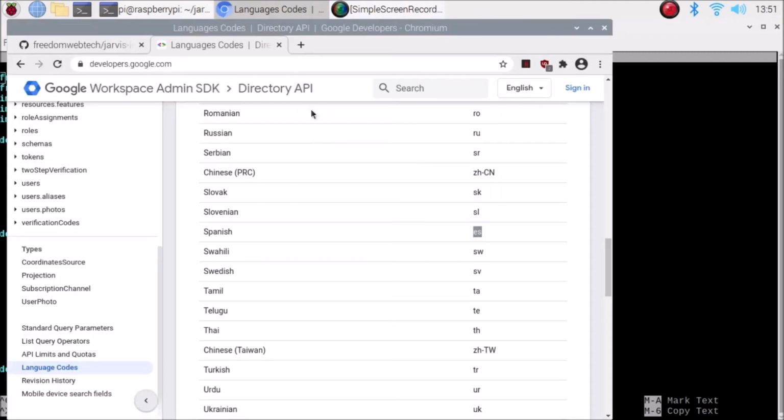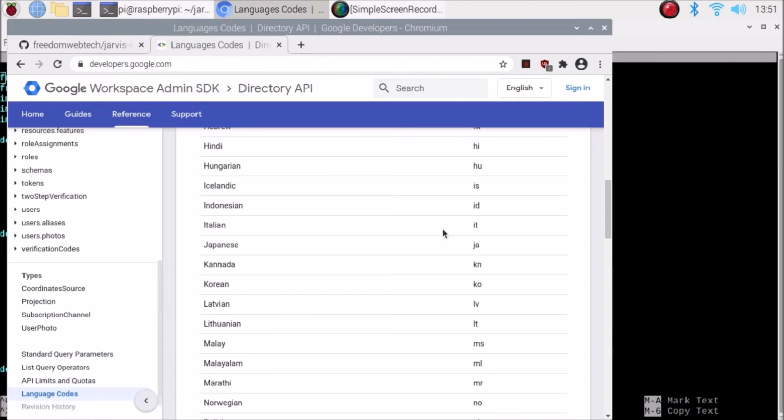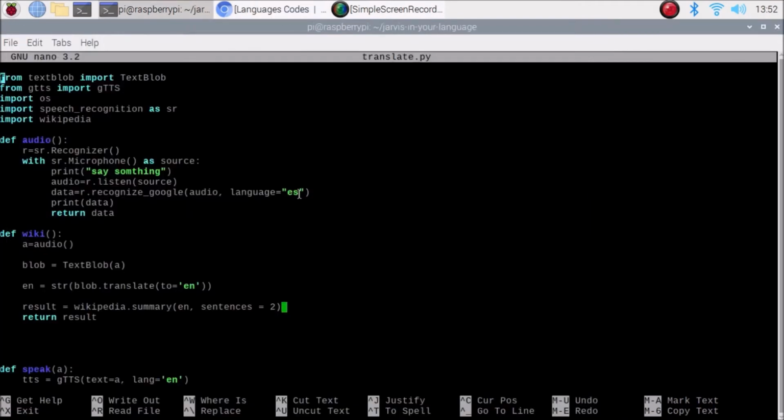If you want to go with your own language, just search for your language code, okay. So if you want to go with Chinese, just set your language code and ask the question in your language, okay. If you want to go with Italian, then just set the ID, as you can see here, let me show. This is the Italian, sorry, not ID, ID stands for Indonesian, okay. As you can see here, Indonesian. So the Italian code is IT. So simply you need to replace this ES with IT, okay.